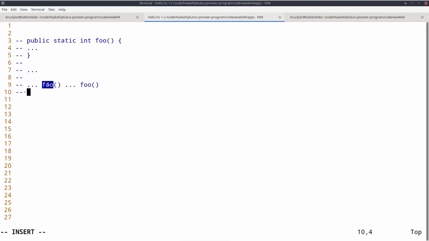Now in Haskell, the situation is very different because Haskell is a pure functional language. So the equivalent signature in Haskell would be something like foo :: Int.